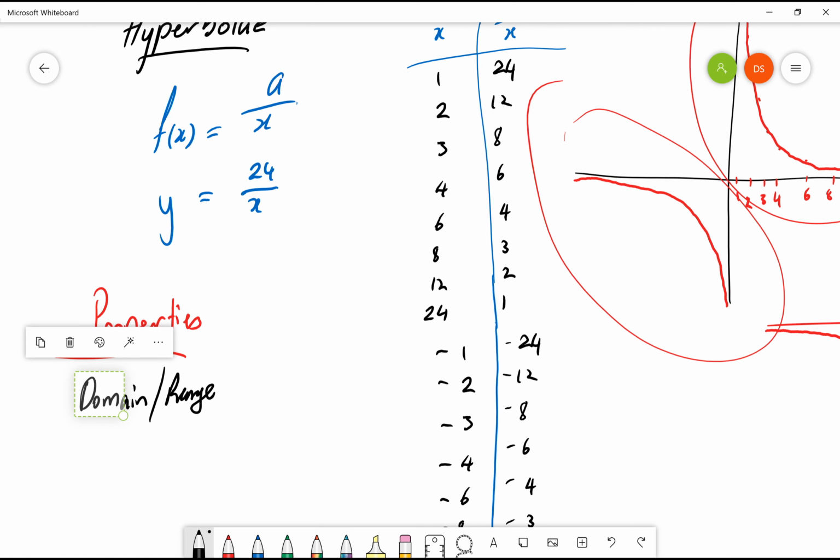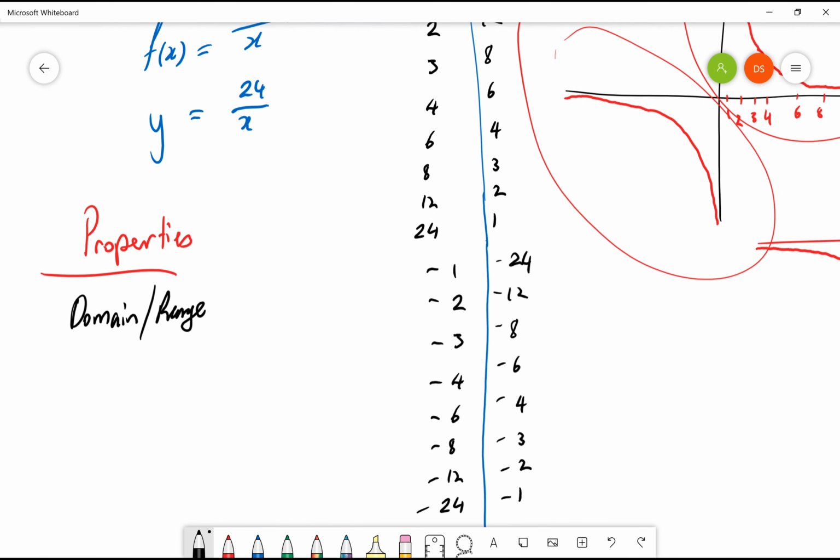The domain and range, once again, is a function thing, not a property thing. Symmetry, they are not symmetric in mirror lines, but they are rotationally symmetric. Sort of like cubics,